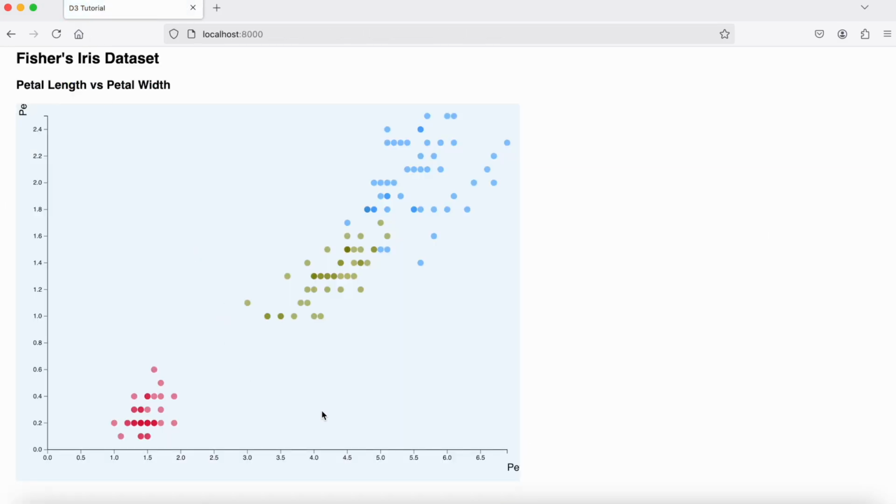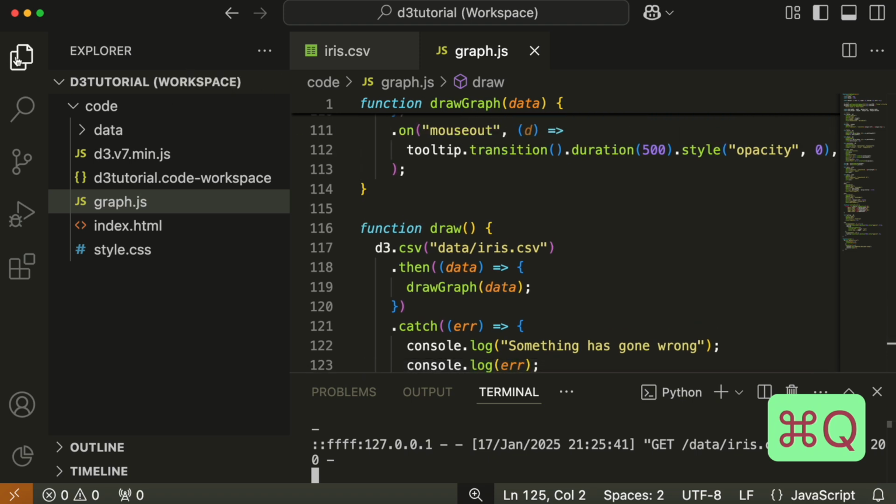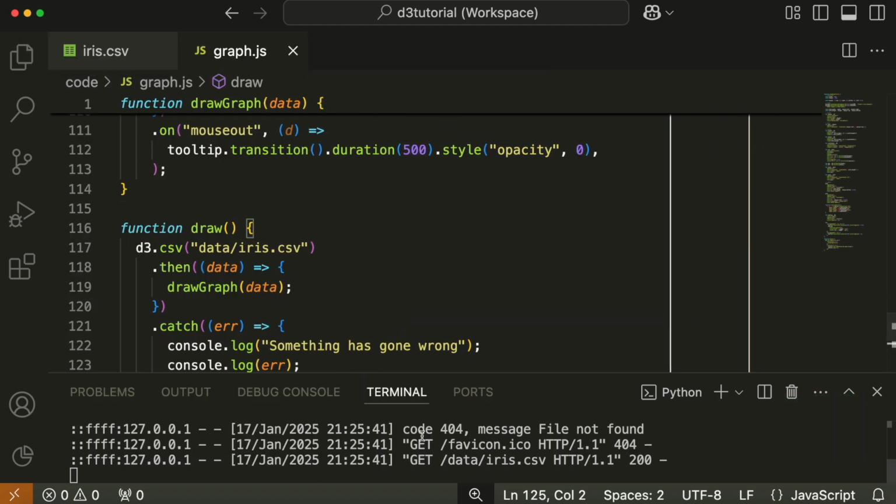So we go home, and this is our iris data as we know and love it. The tooltip is a bit messed up because I haven't updated the CSS yet, the same with the axis labels. But anyway, this is the basic iris data, and we're going to take this as it is and we're going to make it interactive. So we'll go through the original data now, and we're going to delete what we don't